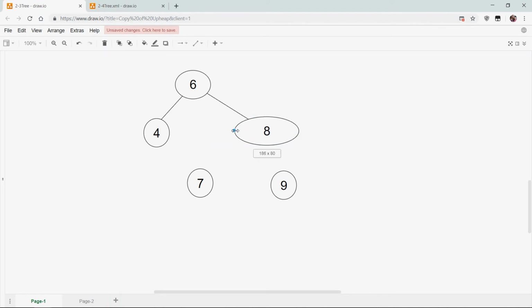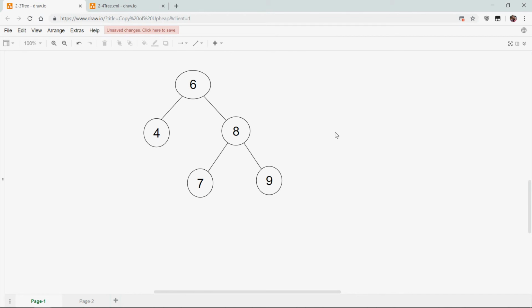So just by converting the 8 into a 2 node and then putting the left and right children down below it. Now what makes this extra tricky is that this is a valid binary search tree, right? It still has the properties of a binary search tree, but the problem is it's not balanced anymore. And remember, that's the whole reason we're doing this, is to keep these trees in balance, right? So the idea is that if we were to split this way and we were to continue adding to that